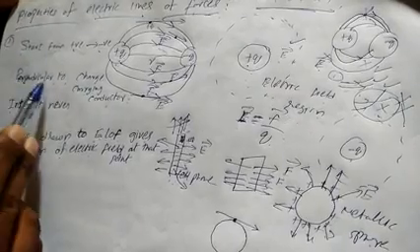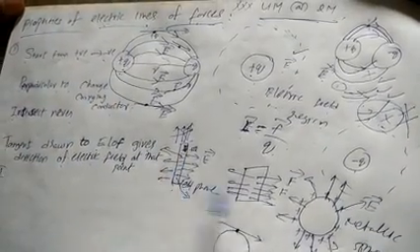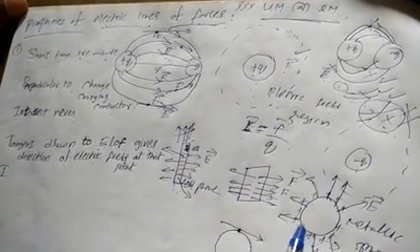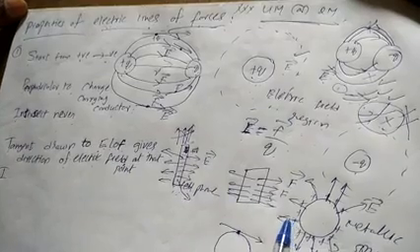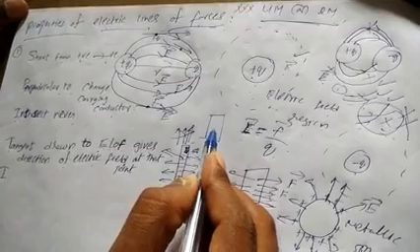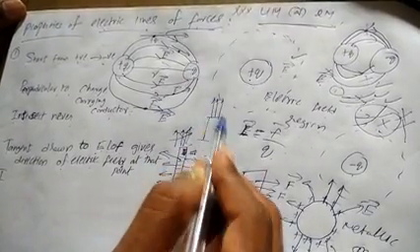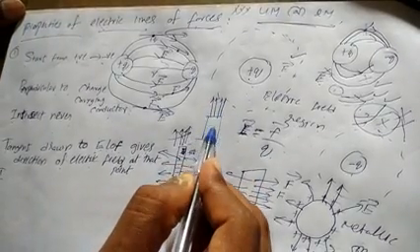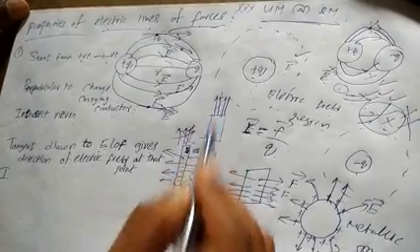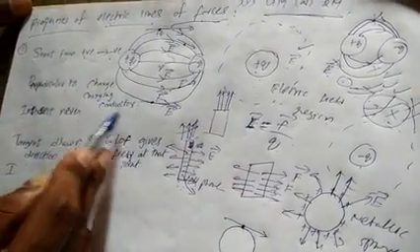Second property is what, ma'am? Electric lines of force are perpendicular to the charge carrying conductor. These are conductors, charge carrying conductors. If you take a cell phone, the tower is there. This is a cell phone. To the cell phone, all the electric lines of force are passing perpendicular, like this. You understood, students? Perpendicular to the charge carrying conductor.